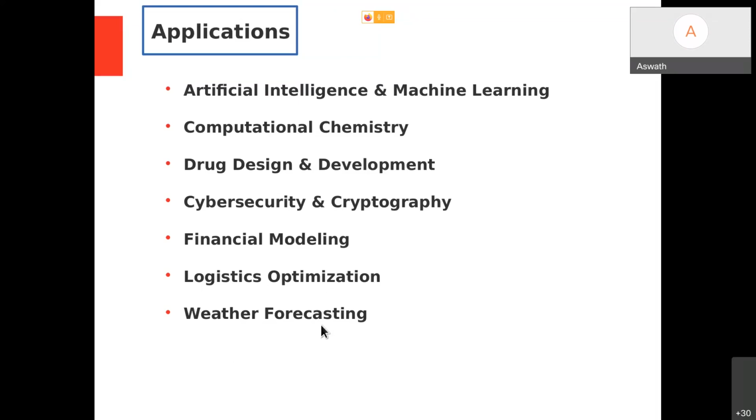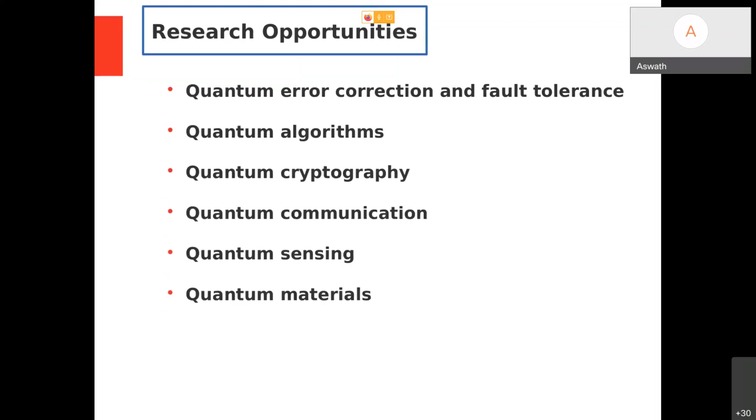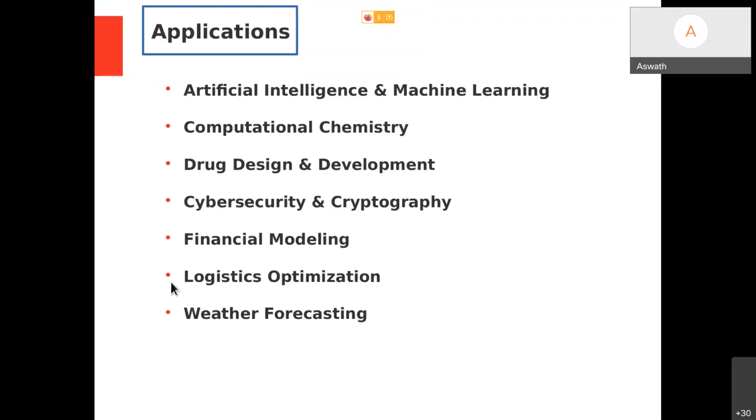So weather forecasting is also another interesting area where quantum computers can do interesting stuff, because weather forecasting always carries with it the processing of a huge amount of data. So that is limited with classical computation handling a huge amount of data. So with quantum computers, that limitation could be eliminated. Okay, so these are the applications.